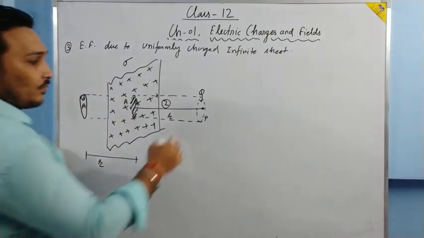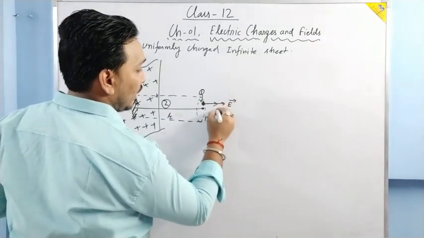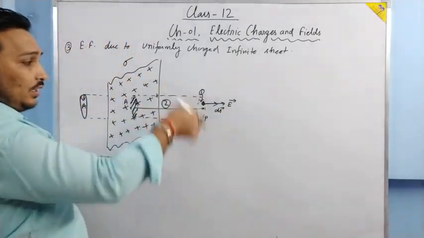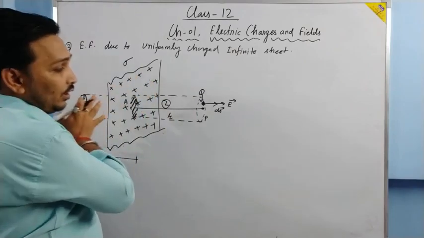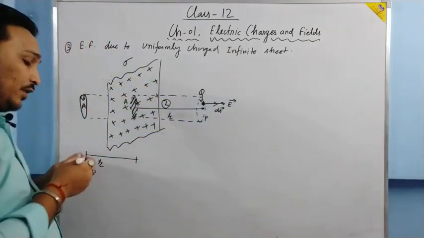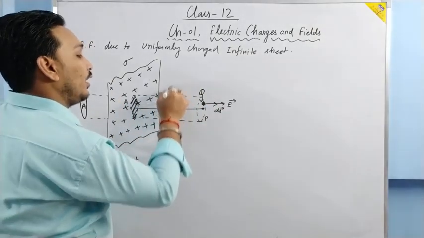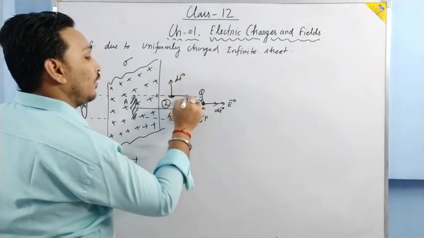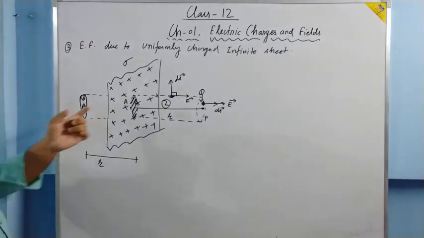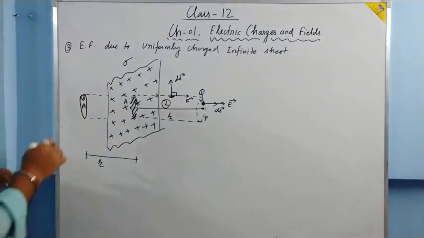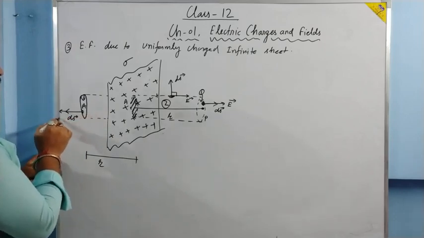Now what happens? If we take an area element over here, its direction and the direction of the electric field will be the same, because the area vector is perpendicular outward and, since it is a positively charged plate, the electric field will be away from the plate. For the curved surface, at every point the electric field is in this direction only. If we take the area vector over here, the electric field makes an angle of 90 degrees with the curved surface, and that's why the flux through the curved surface is 0. For this flat surface, the area vector will be in this direction and the electric field will be in the same direction.